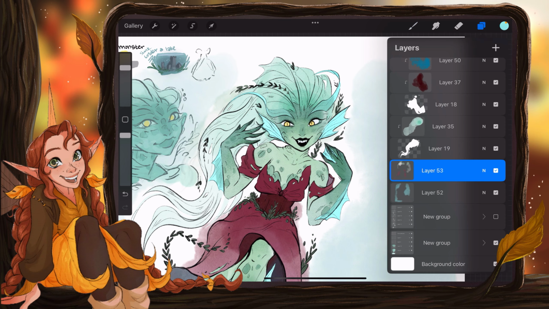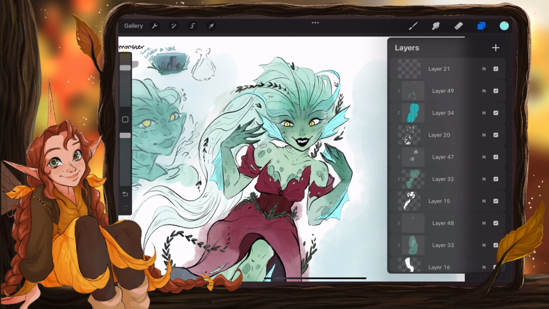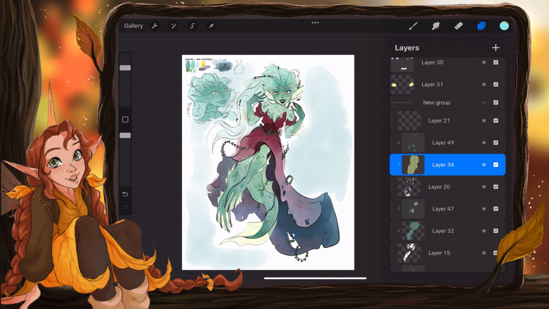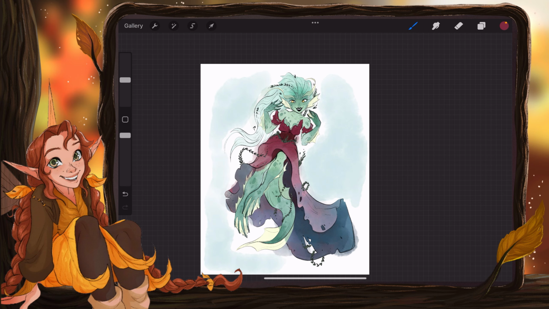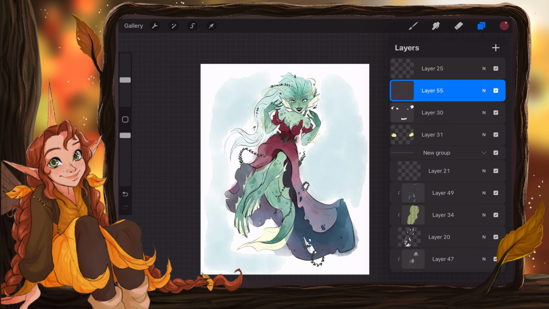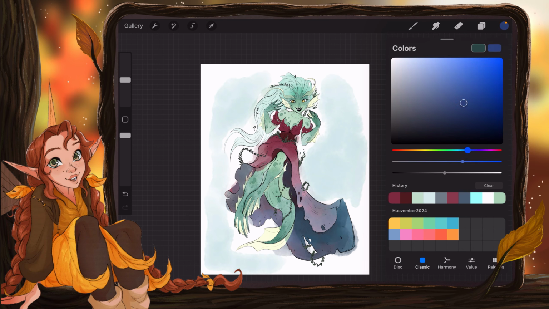I feel like our fins are too bright. We're going back and forth and back and forth. I think I do like that better. I also want to add a little bit of shading, but I want to do it the same way that I like to do it when I actually do watercolors, which I need to do some more of,